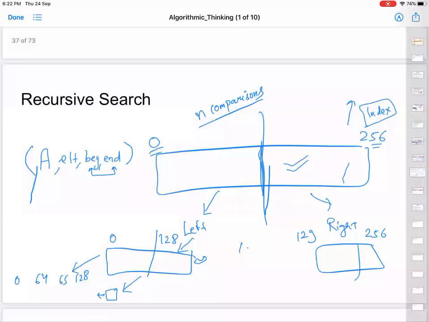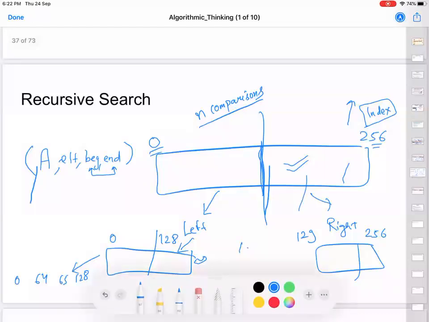So if you look at it carefully, the people who are doing comparisons are your leaf nodes. So let me just draw it here. If this was your entire array, I broke it into half, gave it to two people. These again gave it to two people. So at the end, there will be leaves where each of these people will be given, in general, the entire array, but they will only have to search that element in just one particular place. So actually it will be like this. If you look at this leaf node, this will be one person who will be asked to search it from the location 0 to 0.